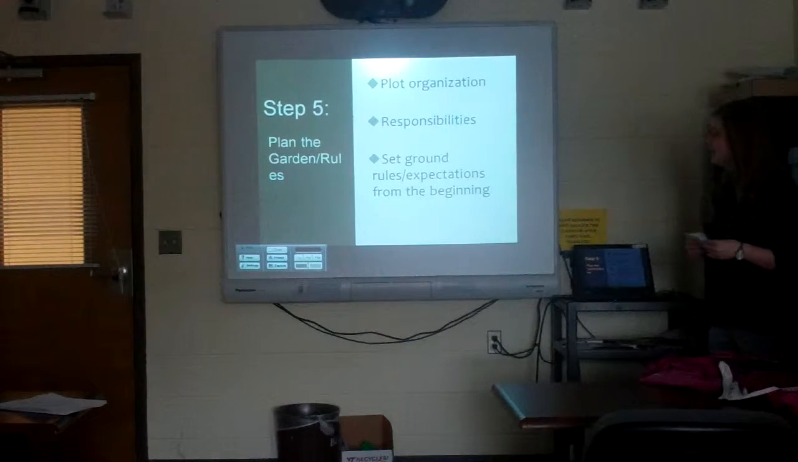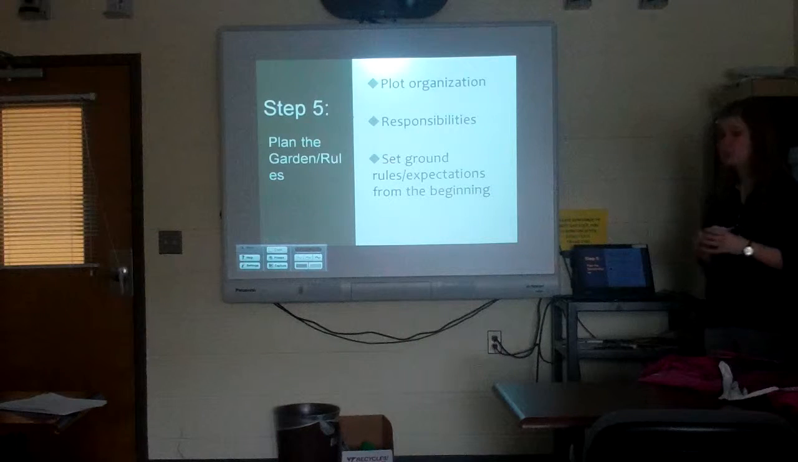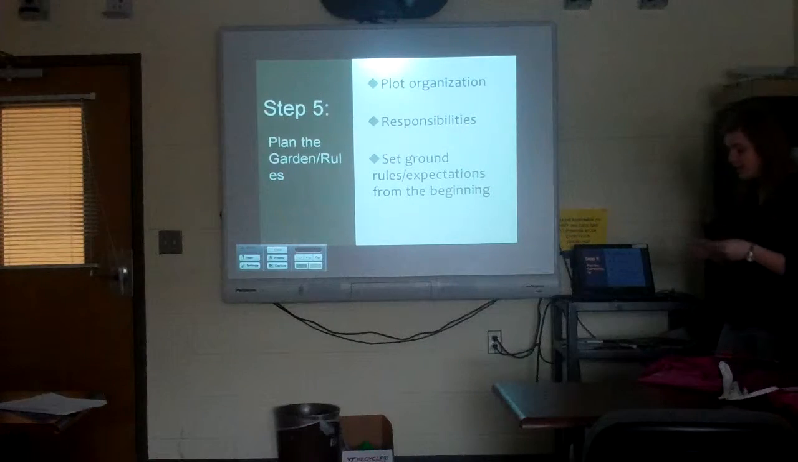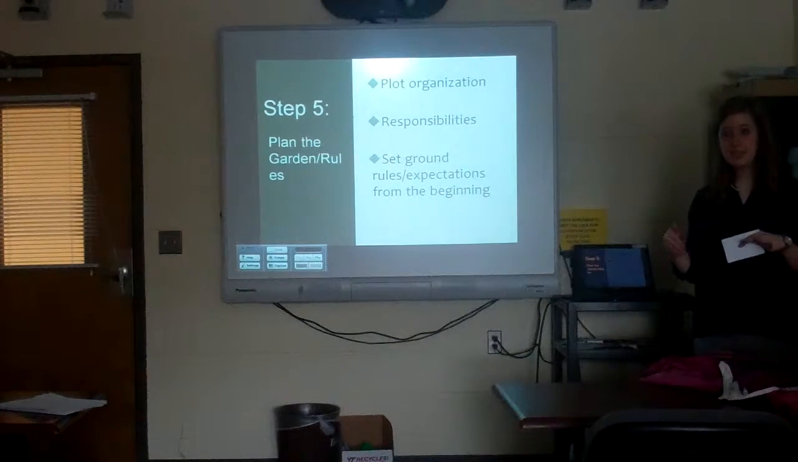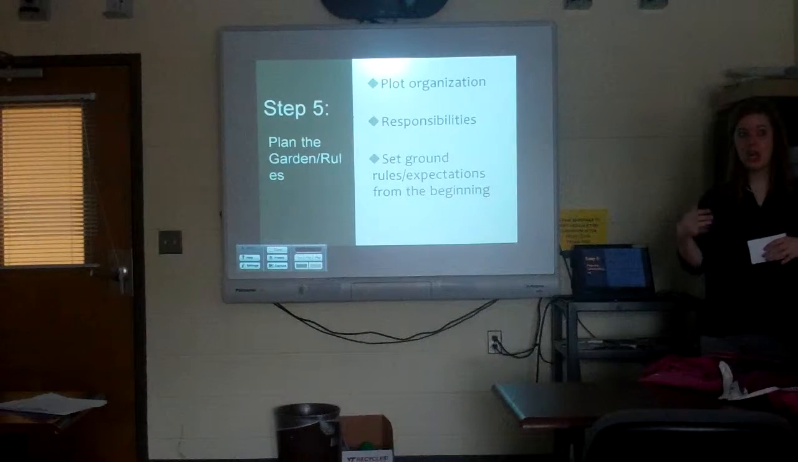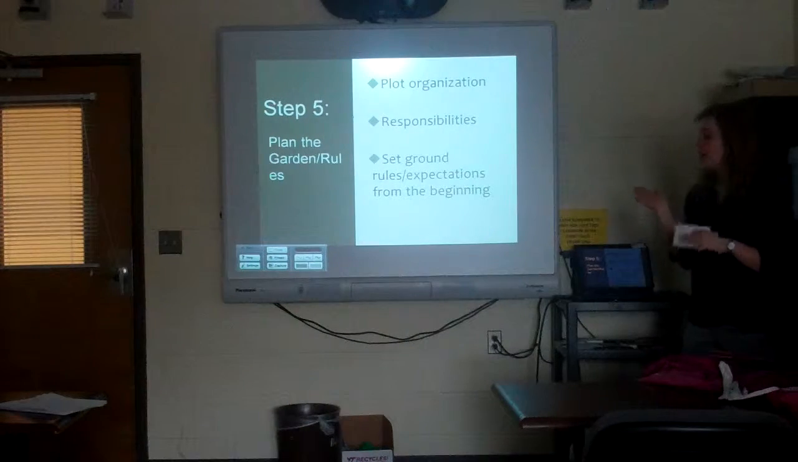Step 5 is to plan the garden and the actual rules of the garden. So if you didn't know, community gardens are organized into different plots. So for example, plot 1